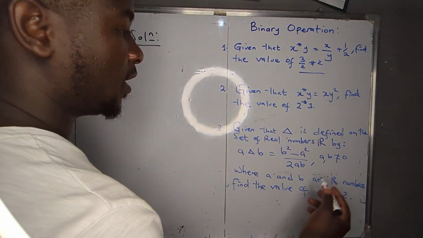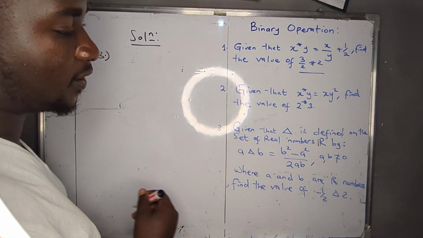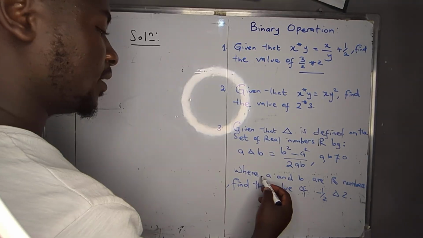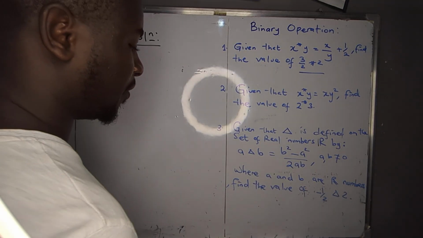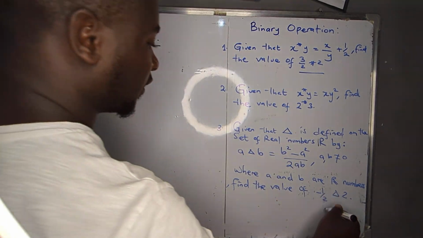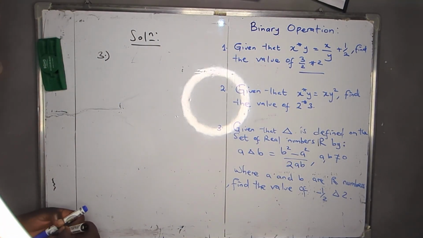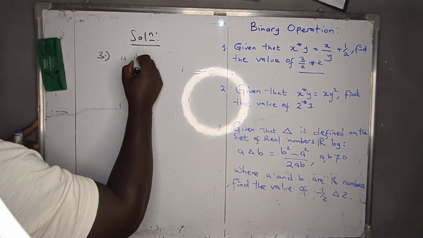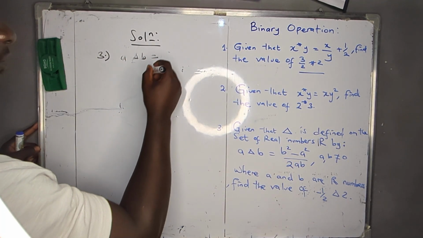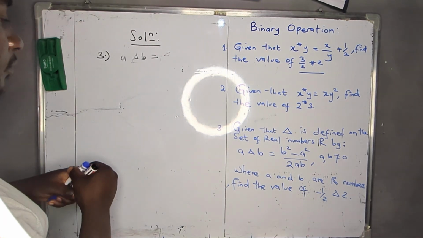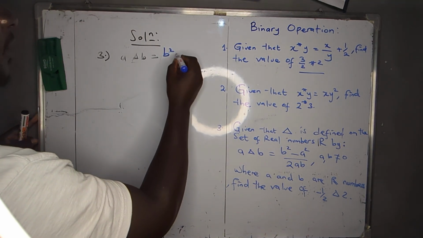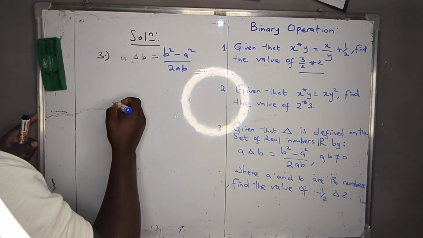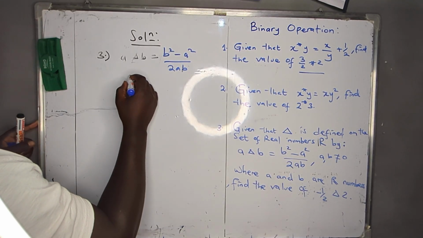Because you should understand that if any of these is 0, it's going to give us something that is undefined. So A and B are real numbers. Find the value of -1/2 triangle 2. So here what we have is A triangle B equal to B squared minus A squared over 2AB. Then we're asked to find the value of